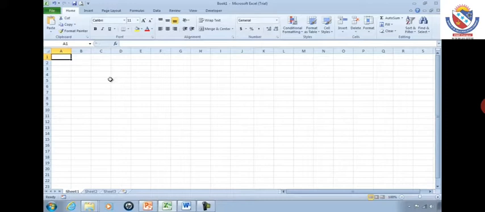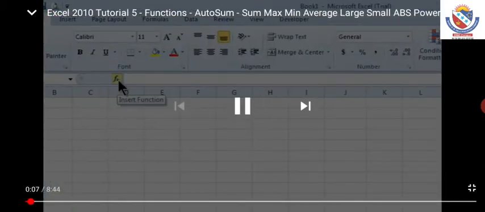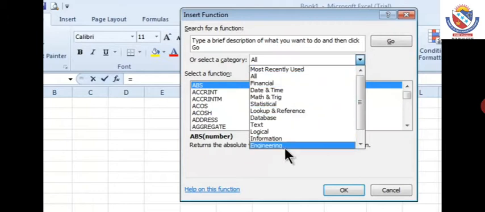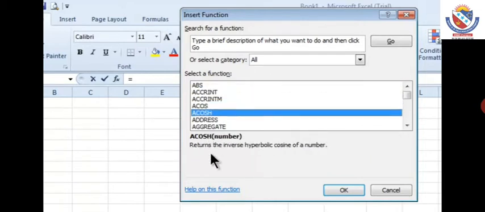In this video, I am going to explain how to perform calculations with various inbuilt functions or with the AutoSum button. For finding all the inbuilt functions, you just click on the fx or formula bar. Then you can see all the inbuilt functions on your screen. Excel provides various inbuilt functions by which you can perform your calculation.